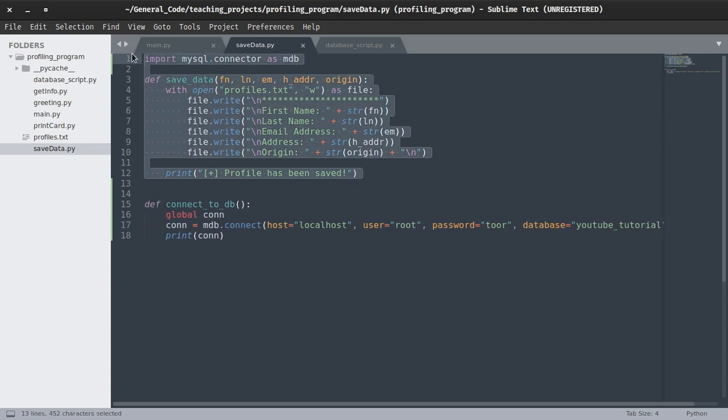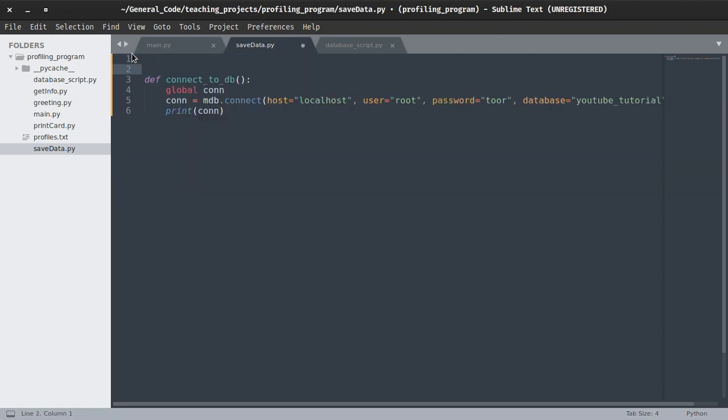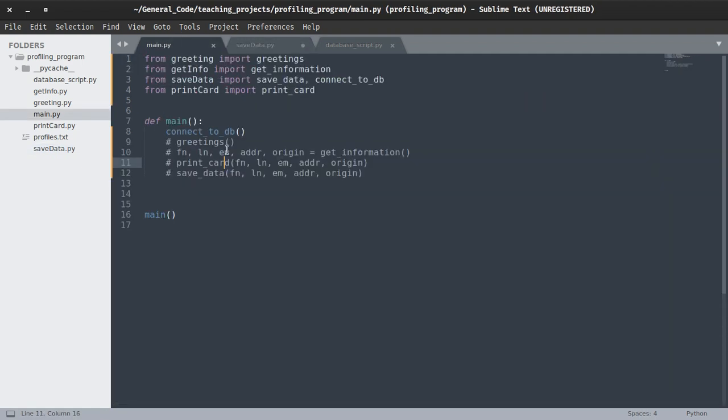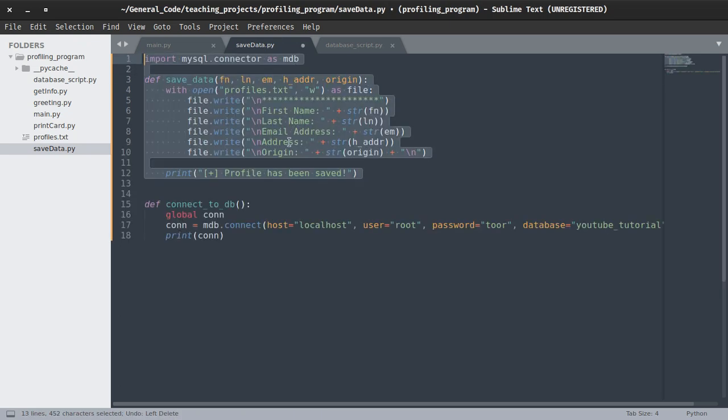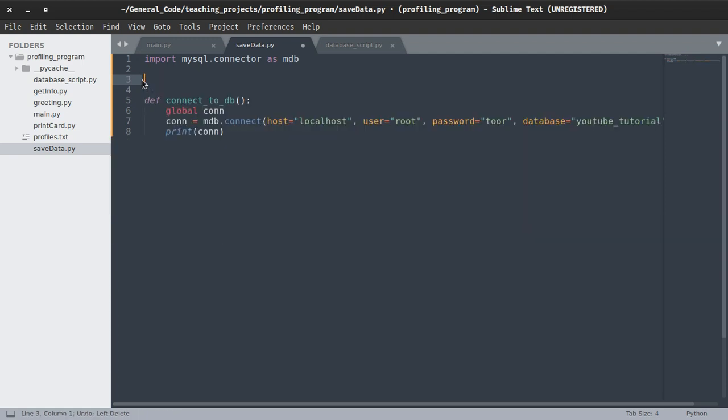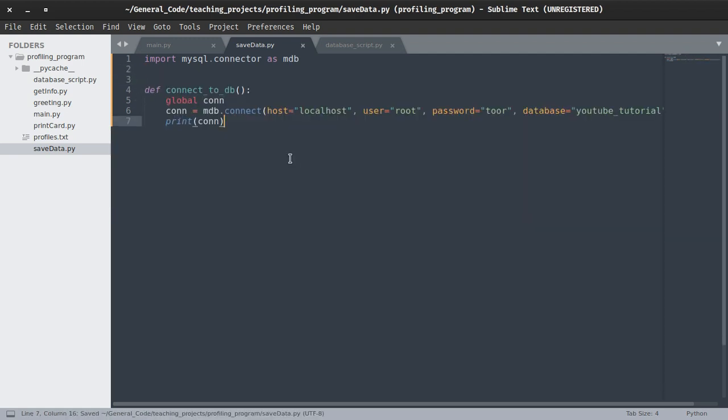We can just erase it and remove this line, save this. Okay, so we do not need to remove all of this, we just need to remove this. Okay, connect to DB, and let's create another function